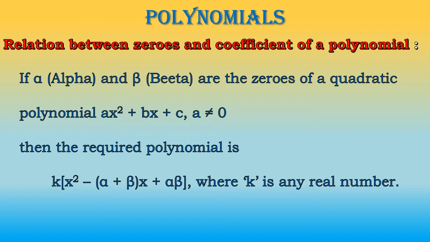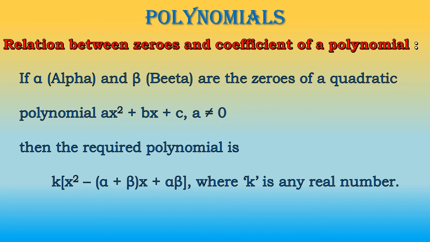In that, when there is a quadratic polynomial and we are finding the zeros of the polynomial, after that we are finding the relation between zeros and coefficients of the polynomial. So we know how to find zeros of a quadratic polynomial by using factorization or by using the splitting method. First we are finding the zeros, then we are finding the relation between zeros and coefficients of a polynomial. Today we are discussing another concept of relationship between zeros and coefficients of a polynomial.